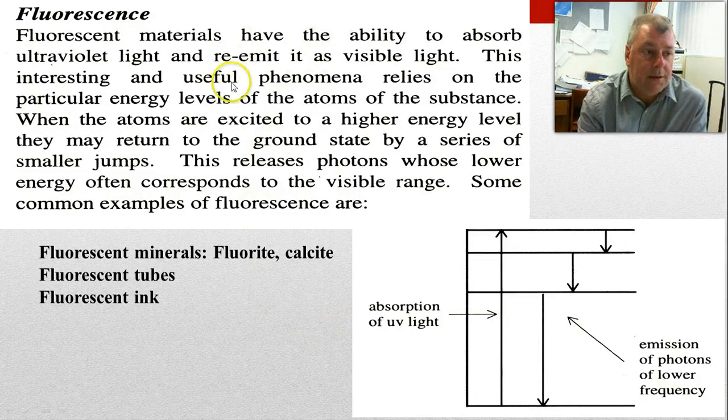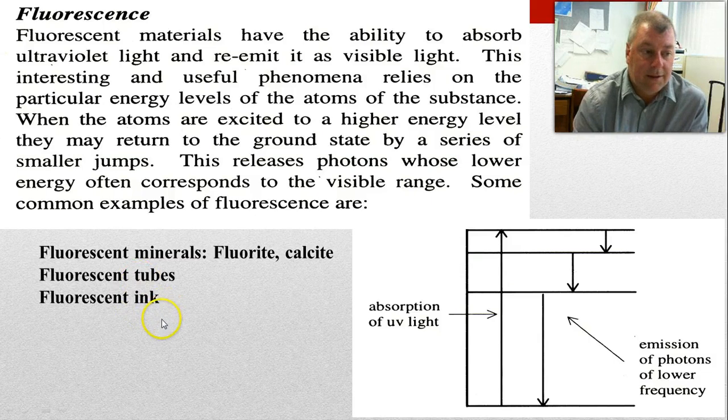Now here, this is all saying much the same thing, just in words, so you can have a read of that. And in this case they're showing the absorption of the ultraviolet light, and the electrons can jump back in 3 steps, and each of these steps have to be at a lower frequency than the absorbed photon, and so one or more of these could be in the visible light spectrum. Some common examples of fluorescence are fluorescent minerals, and I'll show you a picture in a sec of fluorescent minerals, fluorescent tubes, and we'll talk about that shortly, fluorescent ink, the sort of highlighter ink that you use, glow-in-the-dark signs,